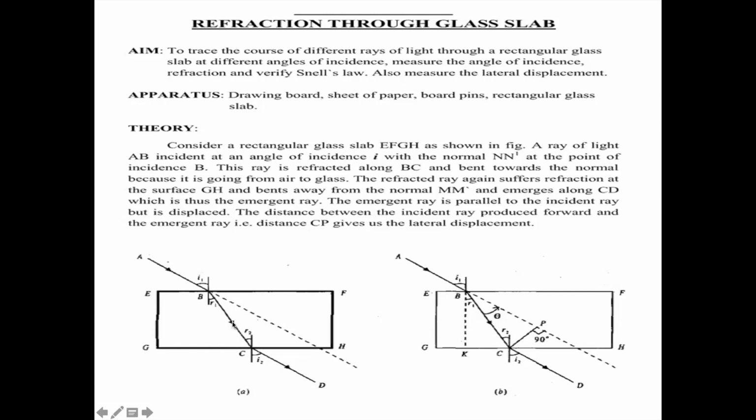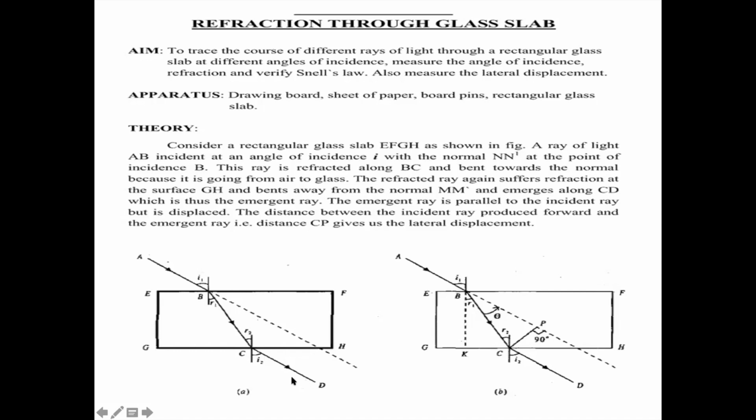Over here, if you remember, the angle i is greater and the angle r is smaller. That is, when a ray of light is moving from a rarer medium to a denser medium, it will bend towards the normal. And over here, you can see the angle r is less and it is moving out. That is, the denser medium is the glass and the rarer medium is the air. When it is moving out, what is happening? The angle is again increasing. So when a ray of light moves from a denser medium to a rarer medium, the angle is increasing, that is, it is bending away from the normal.